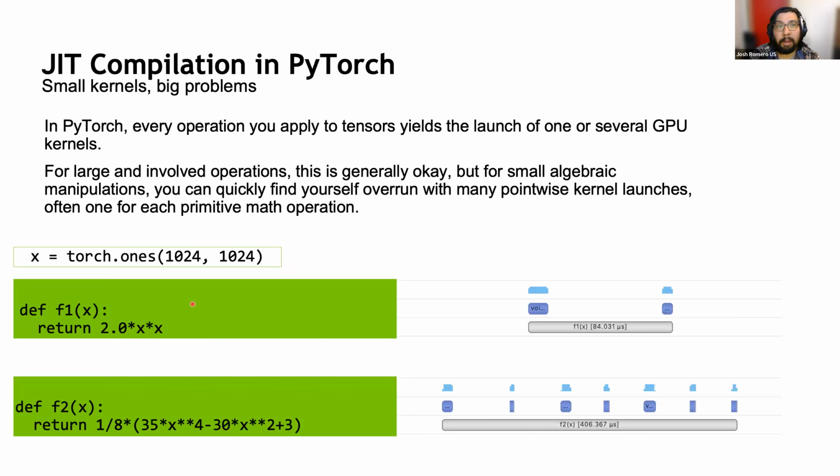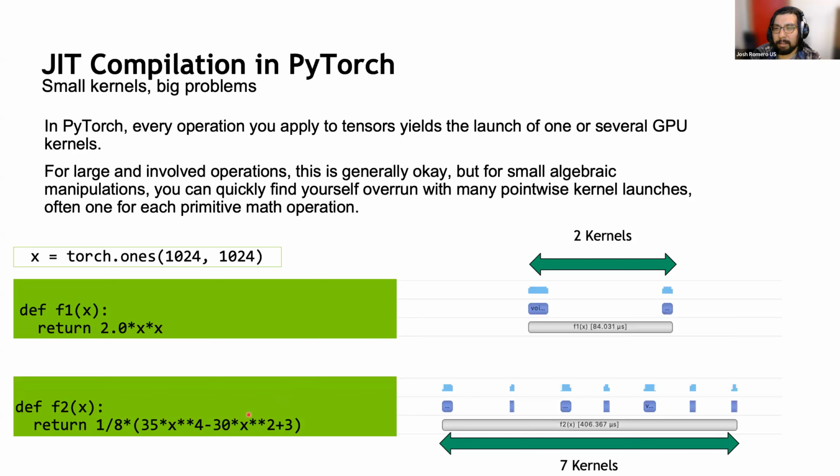So for example, you might write a polynomial on X where X is some torch tensor. In this case, maybe 2 times X squared. Or F2 is a more complicated polynomial, 1/8 times 35x to the fourth minus 30x squared plus 3. Maybe this is a basis function. I can't remember which specific basis function this is, but this looks like a pretty benign line, right? But the problem is